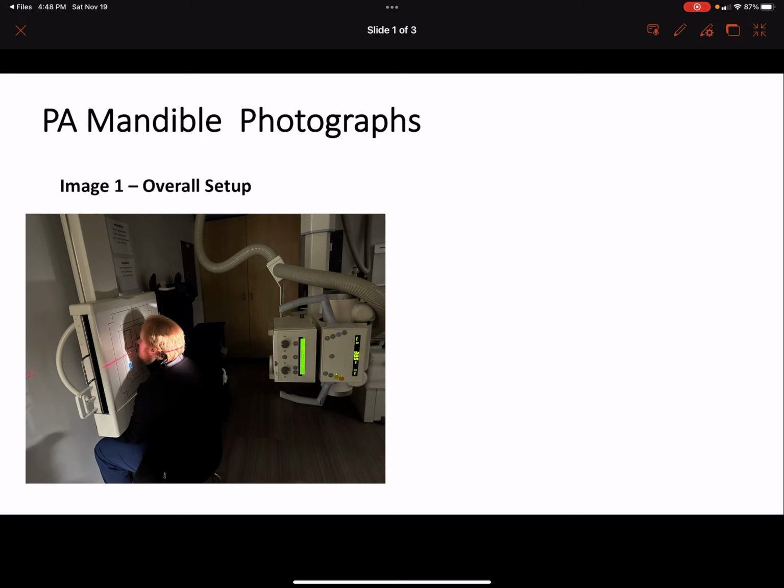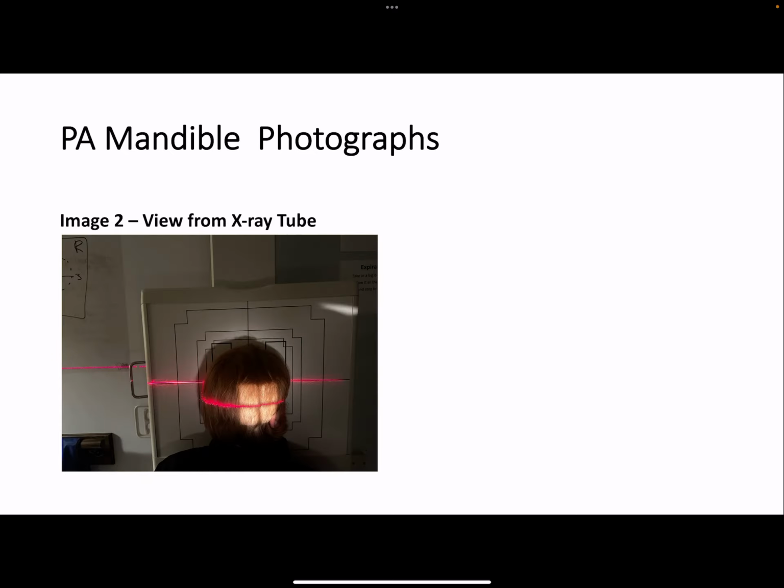CR location. The CR is the line perpendicular to the IR, centered to exit at the junction of the lips. CR angulation. The CR is perpendicular to the IR. Collimated field size. Collimation from left to right is 1 inch, about 2.54 centimeters, on either side of the widest